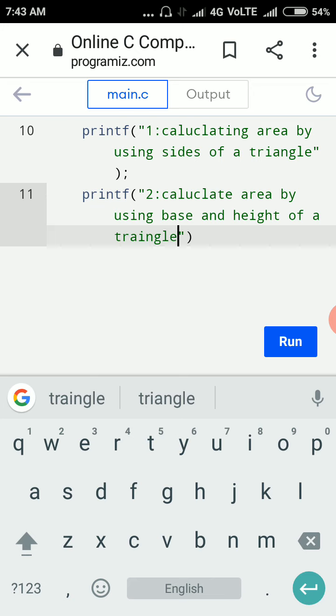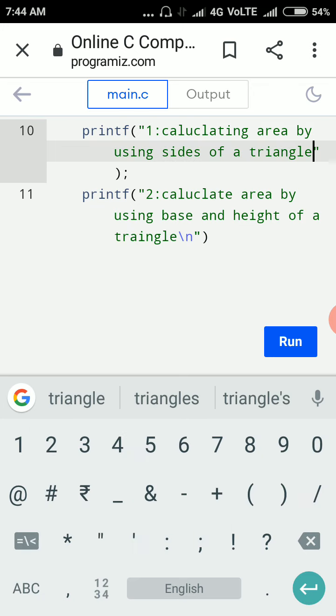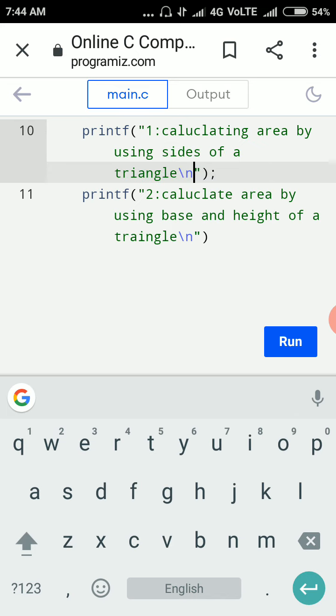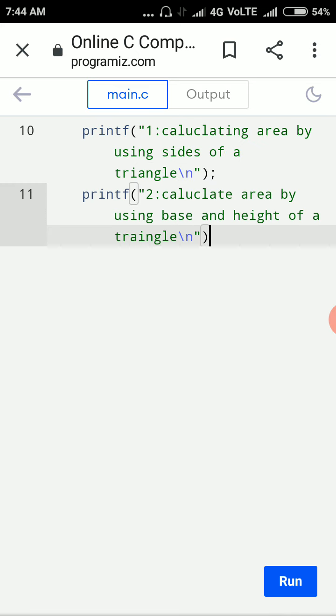I am using a new line to display the output on a new line. So here I am also using a new line. Next, end with a semicolon.